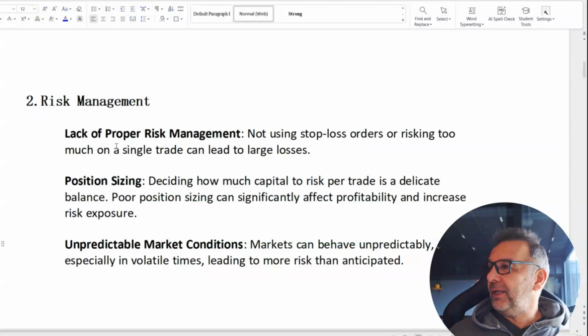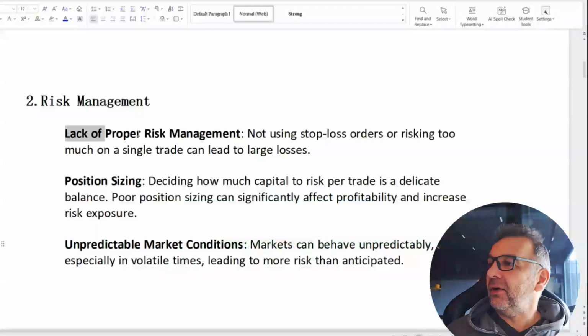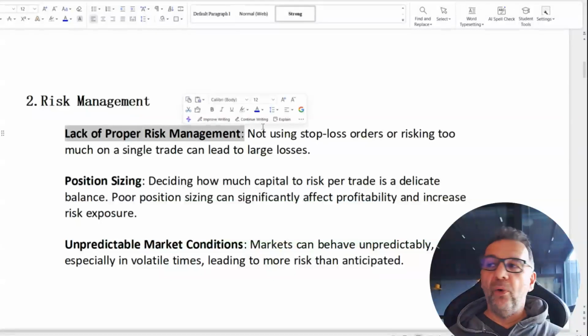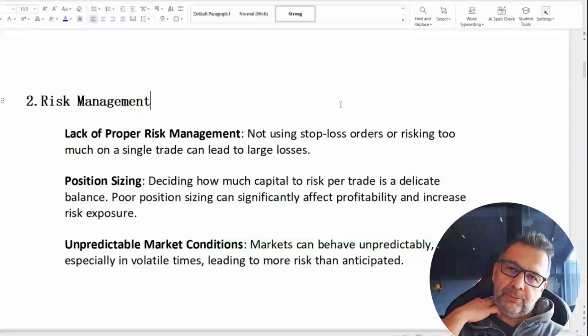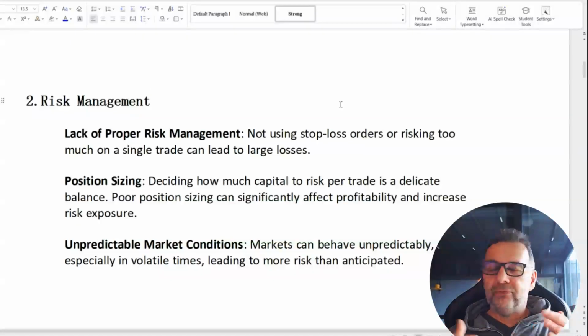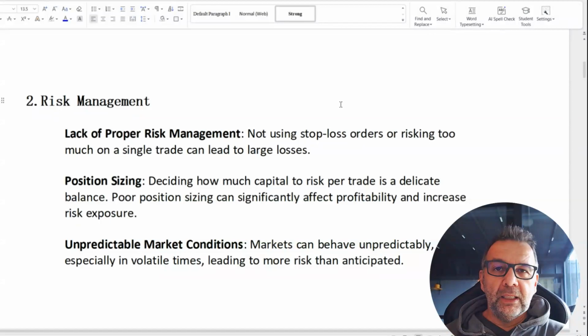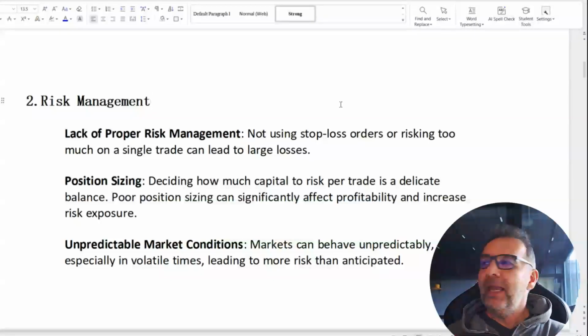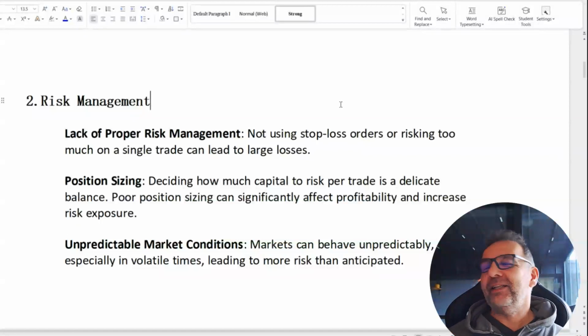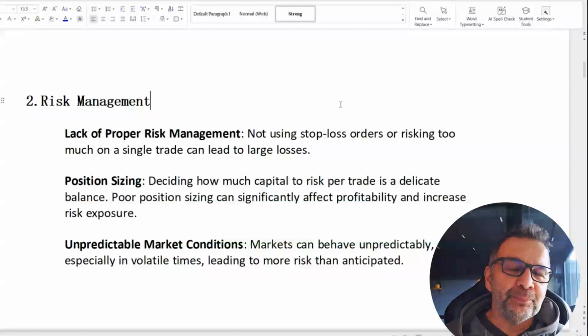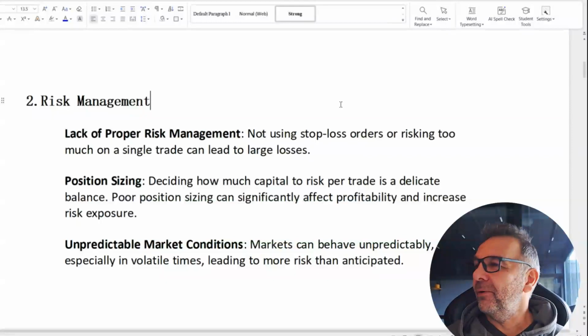So risk management, what's the problem here? Lack of proper risk management is a big problem for all traders, and I know when I started trading it was pretty dramatic as well. I didn't really know how to manage the trade until I got my head around it and standardized it. In fact, everything that I trade, all the techniques that I use in trading, I came out with just to get this right. So it's a problem for many traders, and we've got to be on top of it.